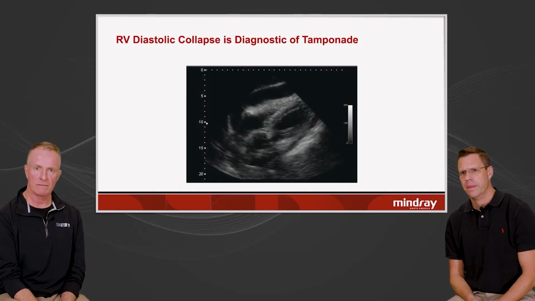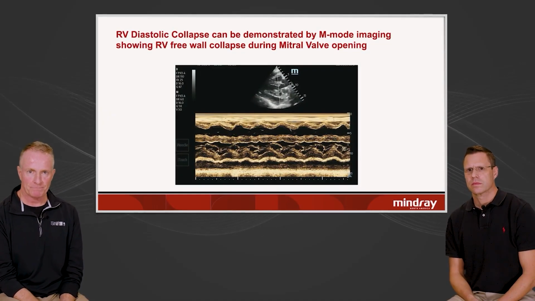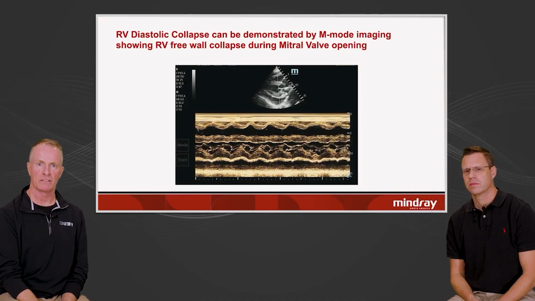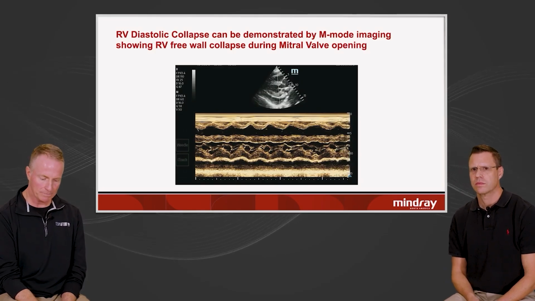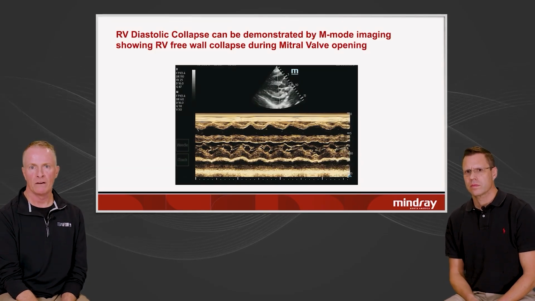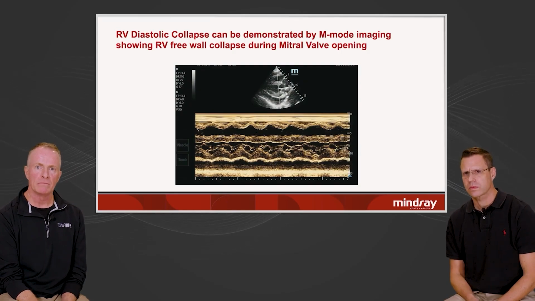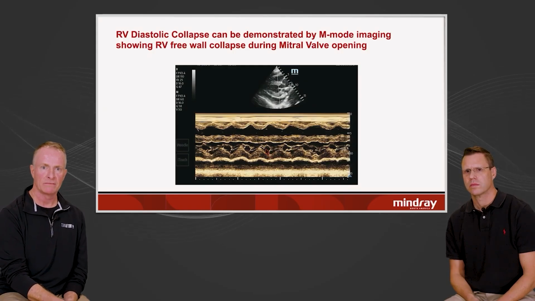So the one way you can clear that up is to put an M-mode cursor through it. You have to get a nice horizontal parasternal long axis, and then put the cursor through the free wall of the RV and also through the anterior leaflet of the mitral valve. And what you'll see is that if you look at the E wave,